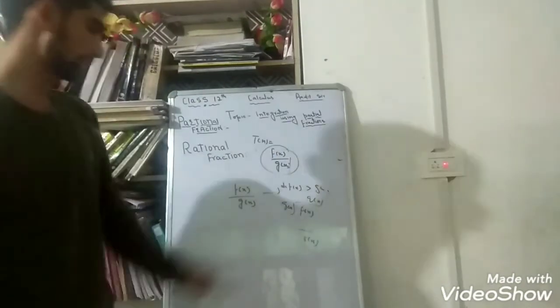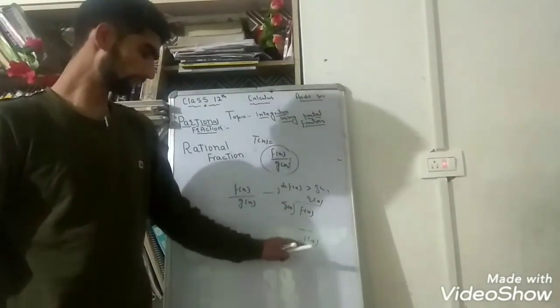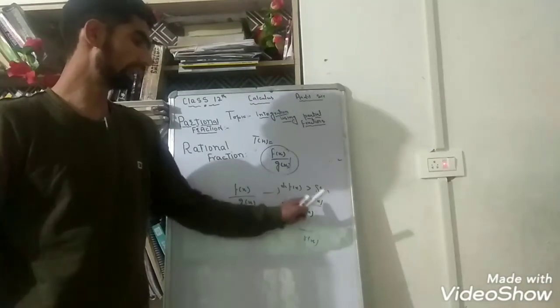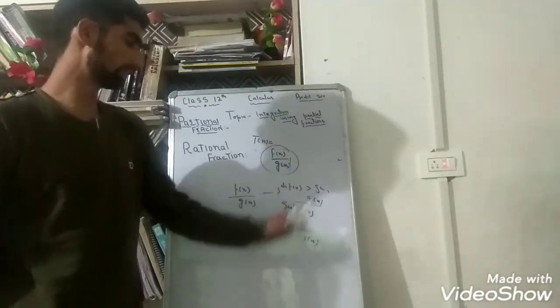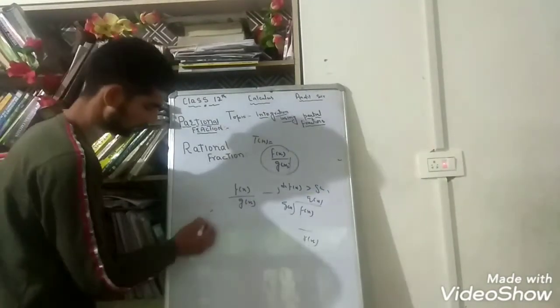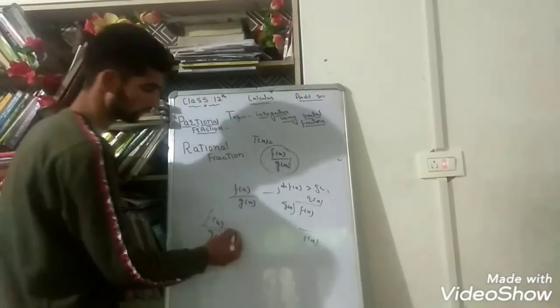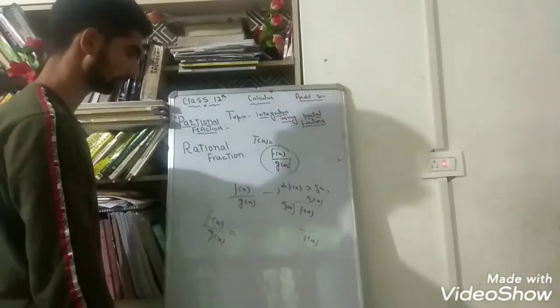But this remainder must have degree less than g(x). So we can write this f(x) divided by g(x) equals to